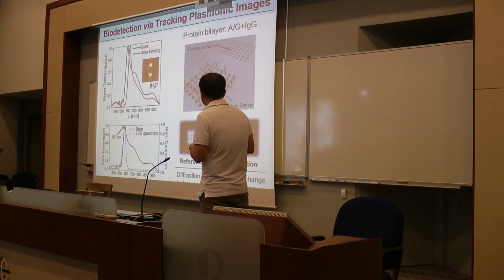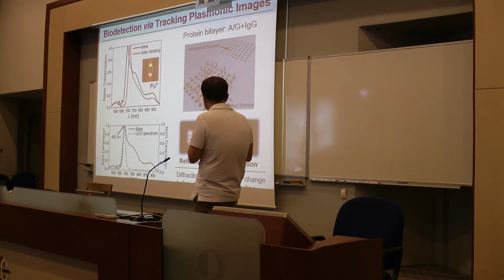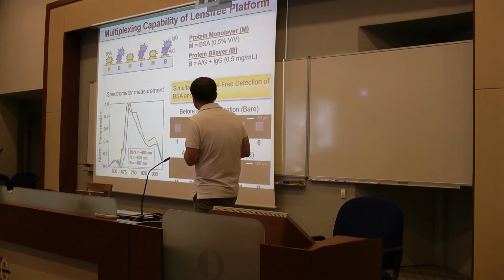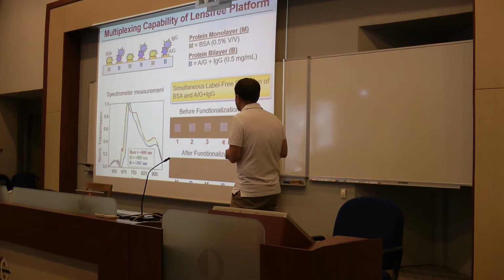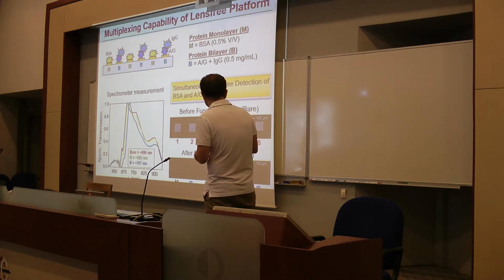So again, the same principle here. We're monitoring the change in the light intensity. Here, for example, we have a detection sensor and a reference sensor. When something binds on the surface, you see a light intensity change. Since again we use a CMOS camera, we can perform the detection of different biomolecules on the same platform, which is called multiplexing. So here, for example, we have six sensors